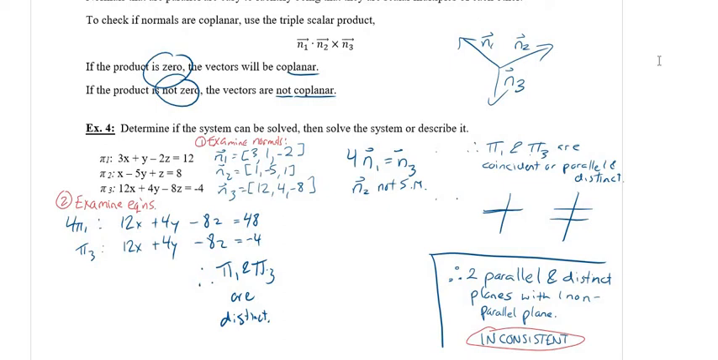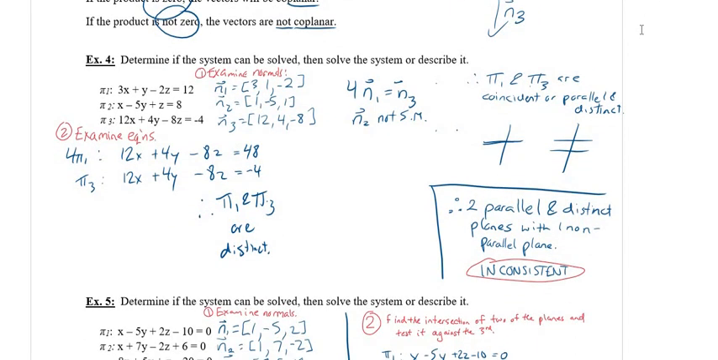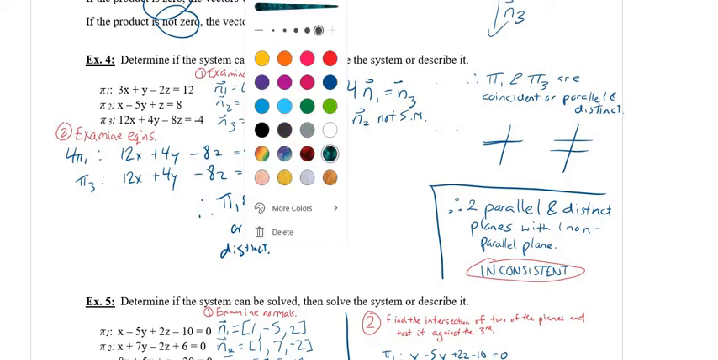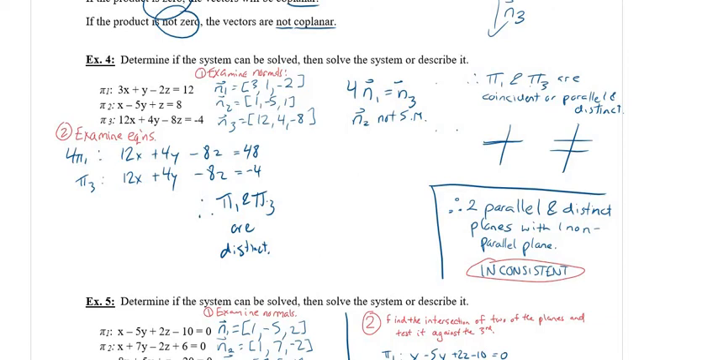So example 4 gives us 3 equations of planes, and it says determine if the system can be solved, then solve the system or describe it. So step one, just like with two planes, we're going to start by examining our normals like we did here. So we're going to take our three normals from our equations. Just remember, take the coefficients off of x, y, and z and plug them into a vector,